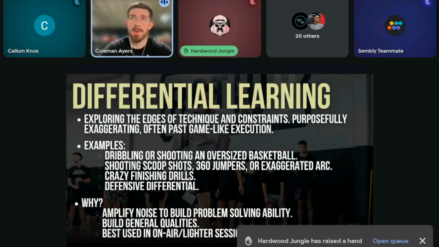So again, if you really notice that a group of players sucks at X skill, at times it may be worth taking out the representativeness or the reflection of an actual game and building individual qualities behind that, right? So if players suck at finishing through contact, even in a group setting or a team practice, you could do a lot of finishing with contact, but then also go, hey, look, we're going to build certain qualities or puzzle pieces behind this, such as body control, which we do some of these crazy drills for. What else? Oh yeah, like extending outside of the body, right? Finishing with contact. Sometimes you have to go outside and really extend. So maybe we exaggerate that on finishes, finding the rim, all these different skills.